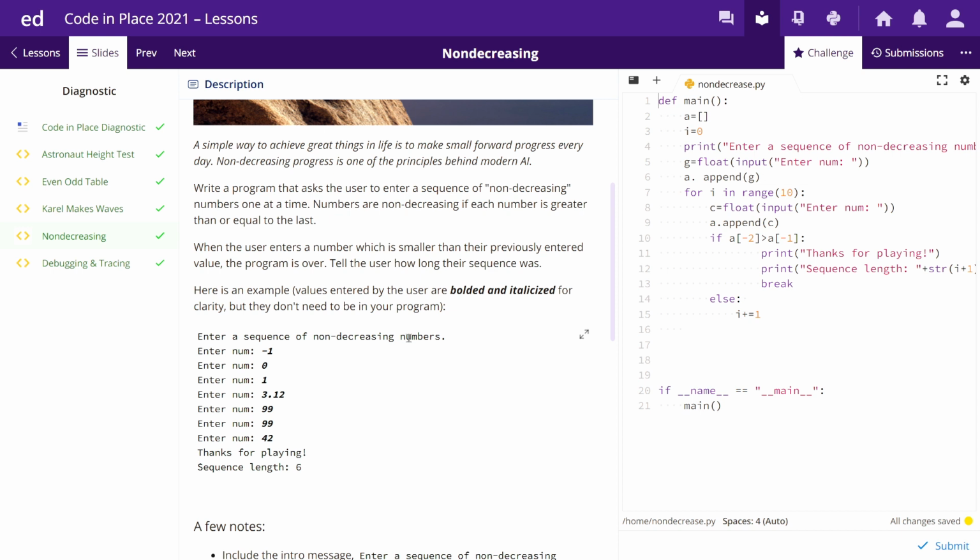But in this case, what do you have to do? If it is decreasing, right, 1 to 0, it's decreasing, -1 to -2, it's decreasing. So in these cases we have to stop and say the sequence length. So what we're doing here, first we're printing the entire sequence of non-decreasing numbers, and G